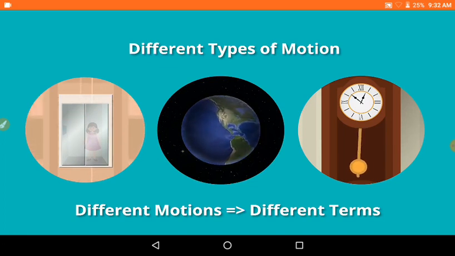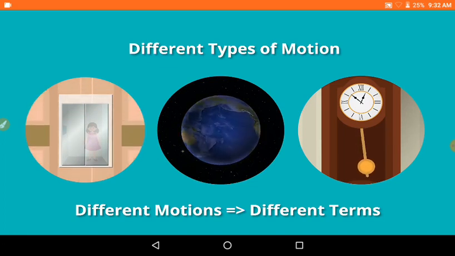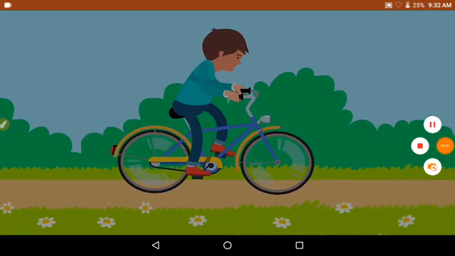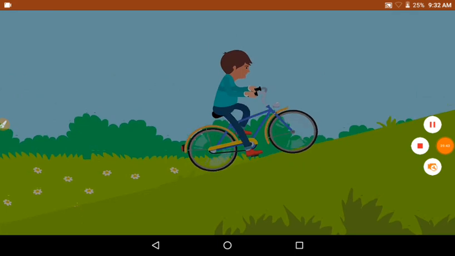But first, why do we need to learn about different types of motion? Most of us love to ride a cycle. What if we want to increase its speed or make it easier to